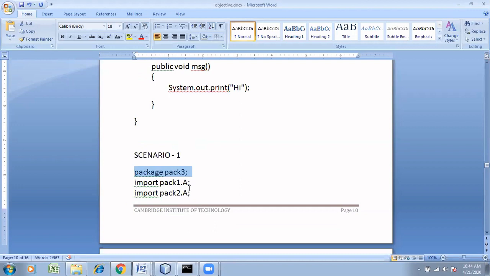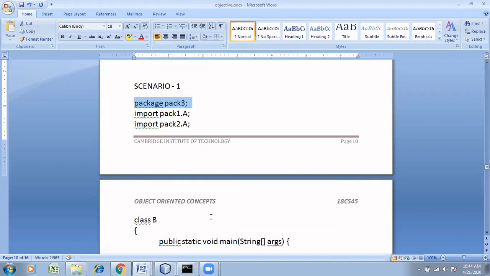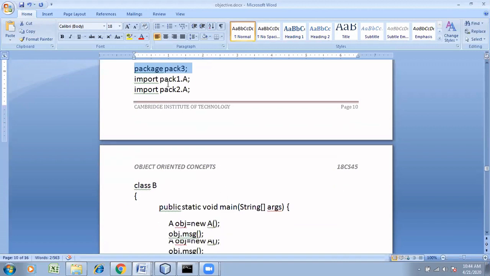Pack 1 A also I'm importing, pack 2 A also. Now, when I create an instance of A, tell me what will be my output. Is it A from pack 1, or is it A from pack 2, or does the compiler give me an error, ambiguous?